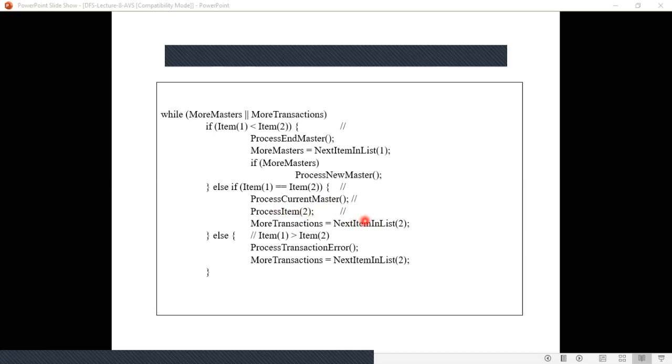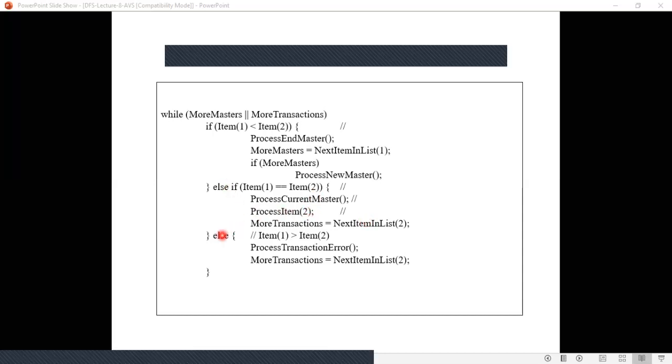Understood? See, for account number 101, you had already some 5 transactions, isn't it? Each of these transactions needs to be added to the previous balance, isn't it? That's why you keep this ledger account as it is, and then process through each of the transactions in this journal file. That is what you are doing when item 1 is equal to item 2.